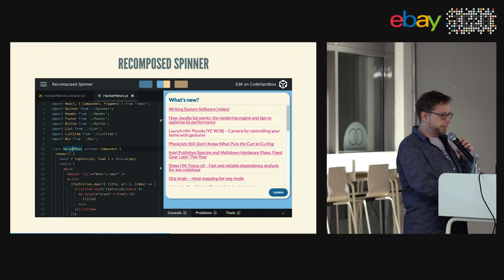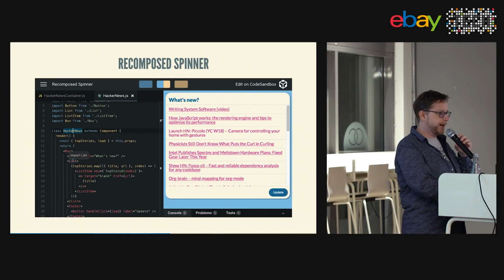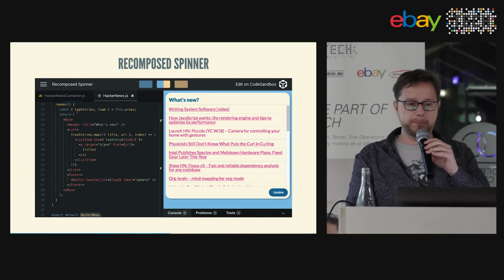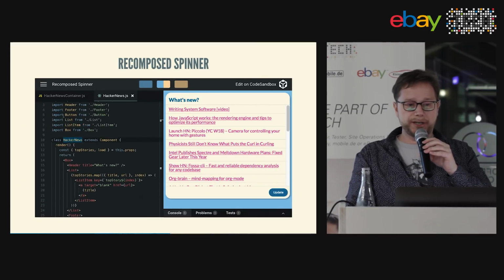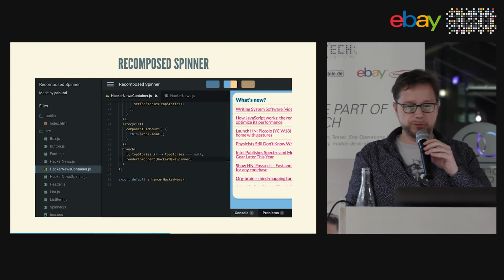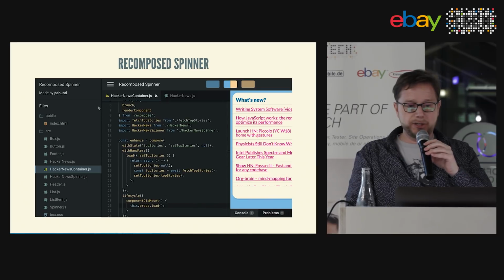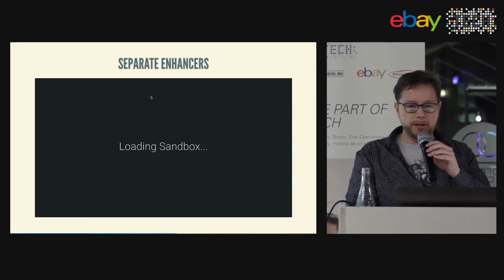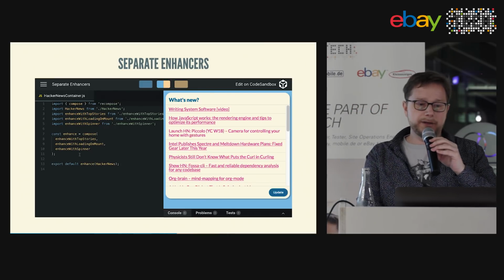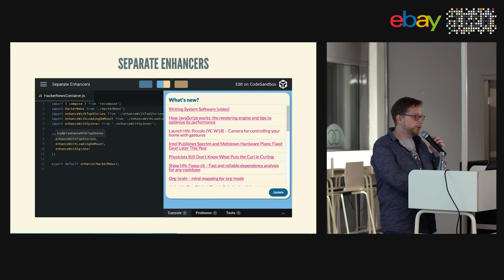Here's my presentation component now, so it doesn't even have the spinner in it anymore. It just has some top stories and a load function. That's it, blammo. So no logic in here anymore, just pure layout, and everything is lifted to the container. And then I can actually refactor this into something like this, which makes for, I think, very good to read